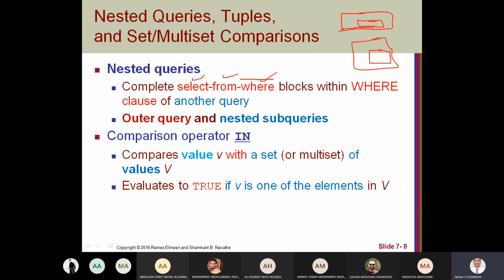Usually we use the nested query inside the where clause. So we have select attributes, we have from list of tables, then where. The condition in this where will depend on the result of the nested query. Okay, so like this we have two queries or more inside each other.